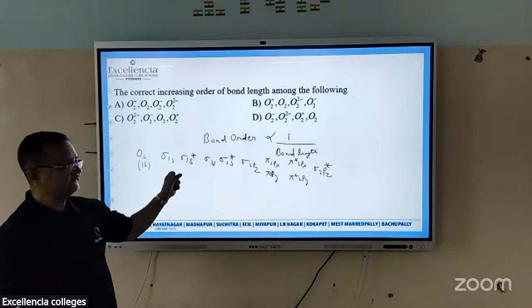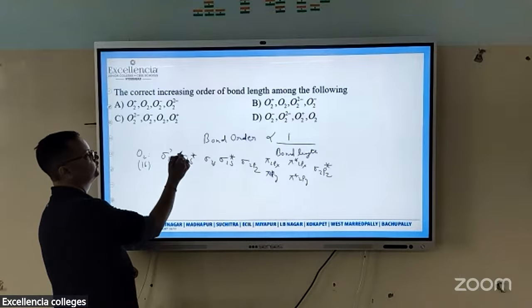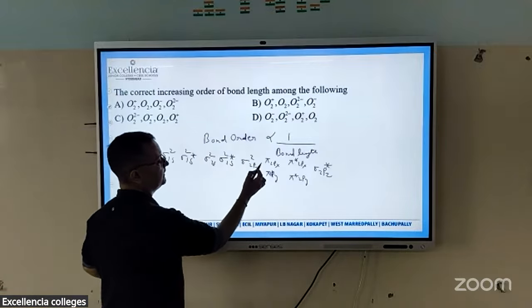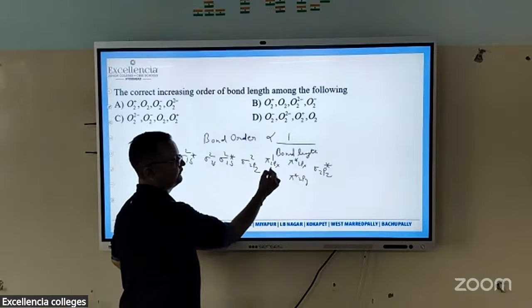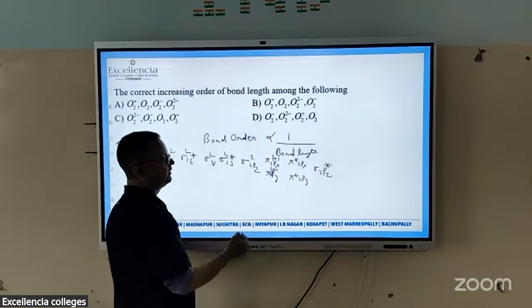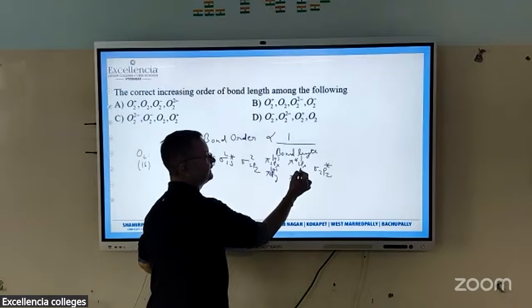So we'll go with the sequence and fill up 16 electrons here. 16 is what? 2, 4, 6, 8, 10. But here they are degenerate, so we will go with one each: 1 and 1, and then 1 and 1. So how many are done? 2, 4, 6, 8, 10, 12, 14, and 1, 1, 15, 16.